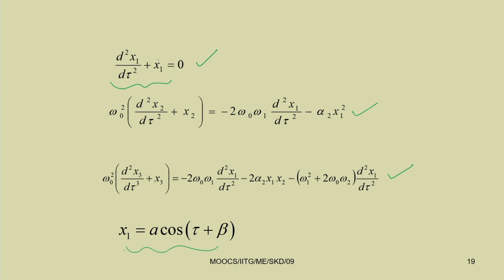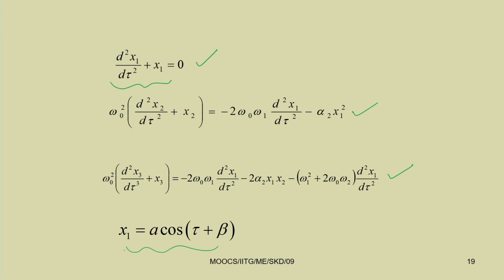Here this is a second order differential equation, here your omega equal to 1. So, the solution is a cos of omega tau plus beta, and that omega equal to 1, so this becomes tau. Here a and beta are constants. Otherwise you can write it in this form also, a cos tau plus b sin tau, or you can write using the exponential term also. Knowing this x 1 equal to a cos of tau plus beta, where a and beta till now are unknown to us, which can be determined at a later stage by using the initial condition.